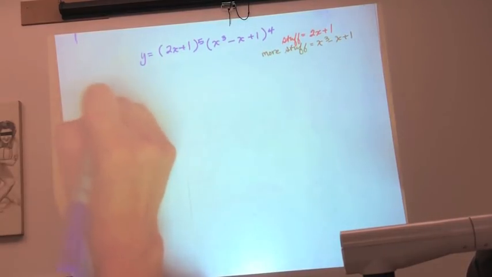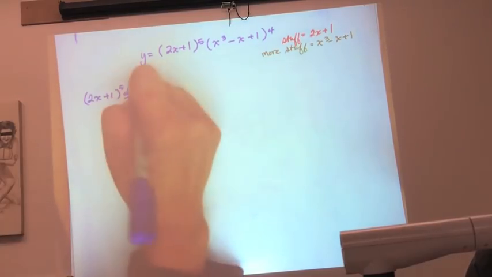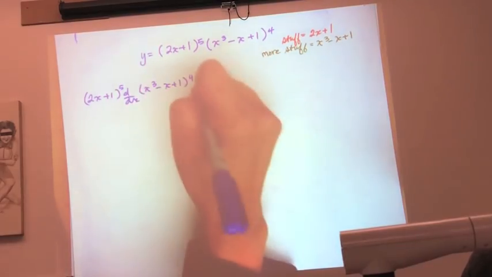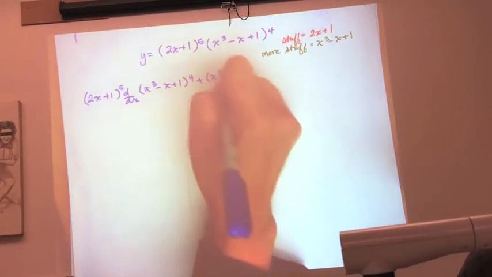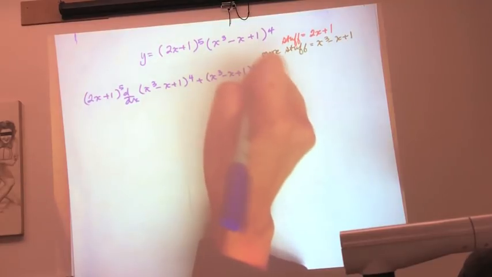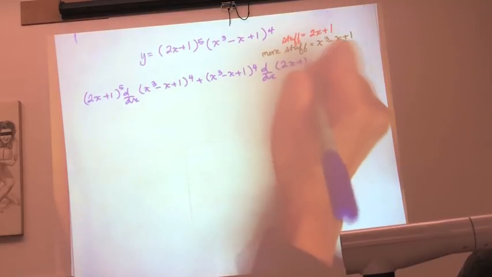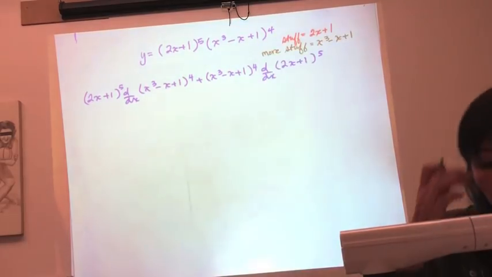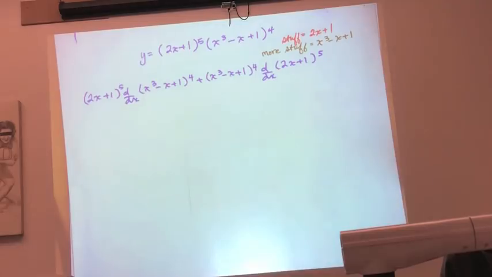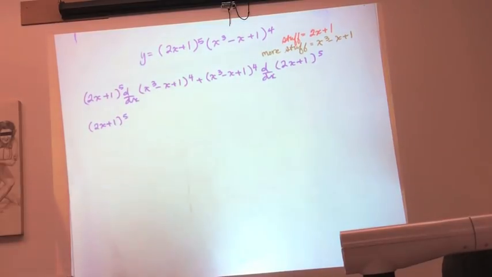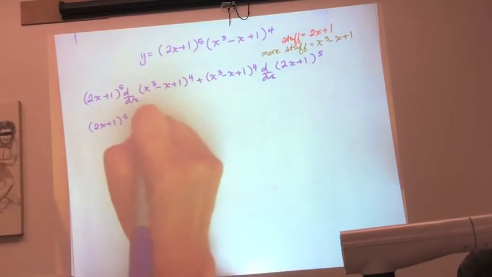And so I'm gonna do (2x plus 1) to the 5th power, d/dx of my (x cubed minus x plus 1) to the 4th power, plus (x cubed minus x plus 1) to the 4th power, d/dx of my (2x plus 1) to the 5th power. Okay? And so now I'm going to go ahead and derive. This stays the same, (2x plus 1) to the 5th power. And I know I'm going to derive my outer,